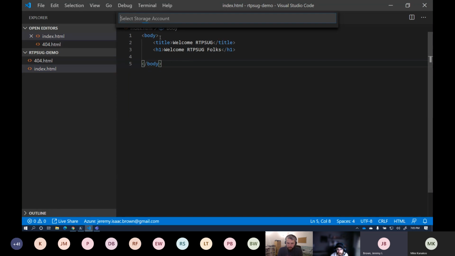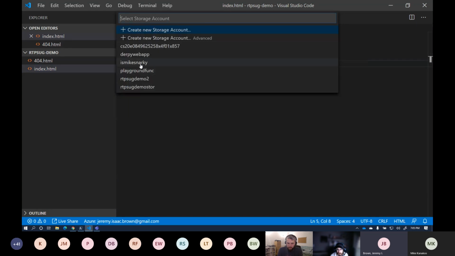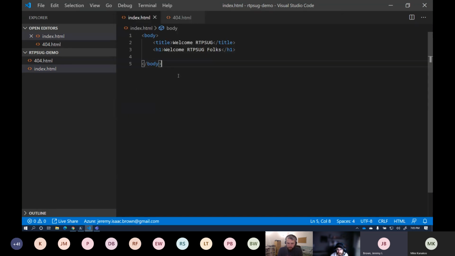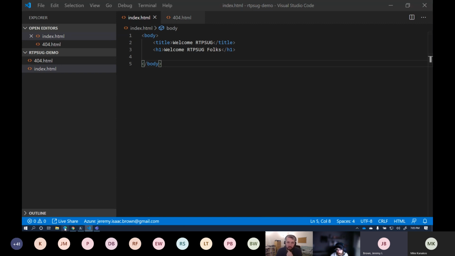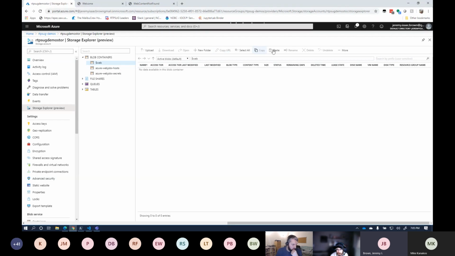VS Code is going to ask me to pick a storage account. So we'll pick the storage account that we just turned the static website on for. You see it's already done. That took no time at all. And then if we come back over to here and we refresh,